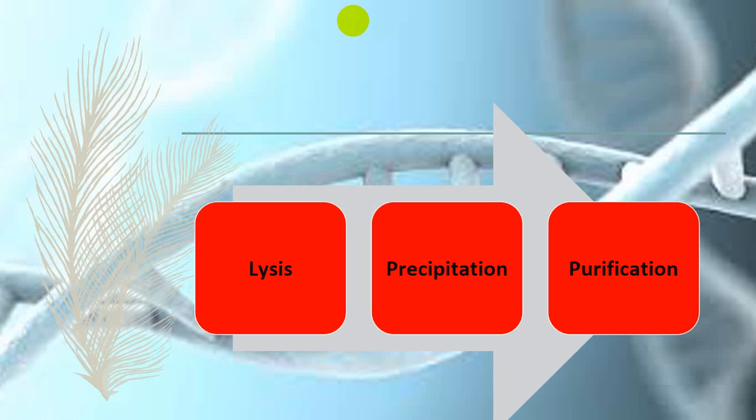Now in the second step, we add some chemical to the broken tissue so that we further separate the cells. We usually add a saline solution or salt solution, so that the cells get separated from each other. More separation is performed in this second step, because in the first step the breakdown of the tissue occurs and the cells are separated. But in the second step we add a saline solution, so that the cells get further separated